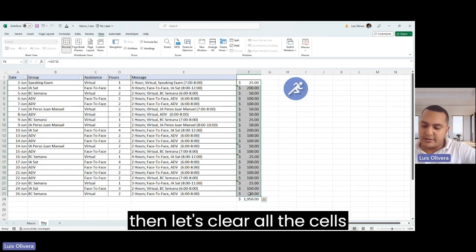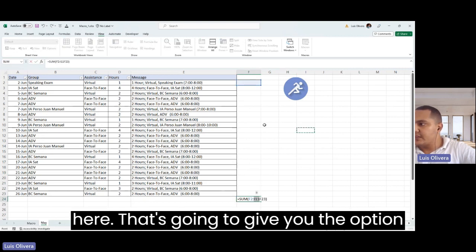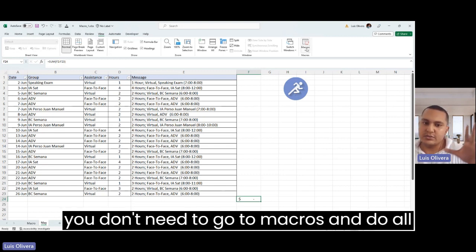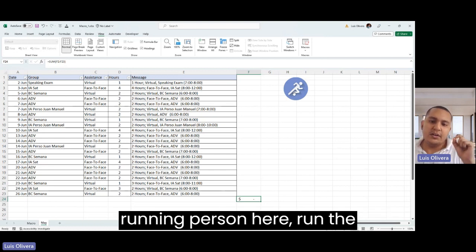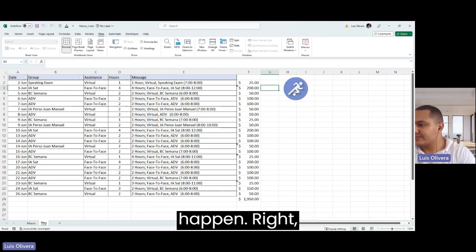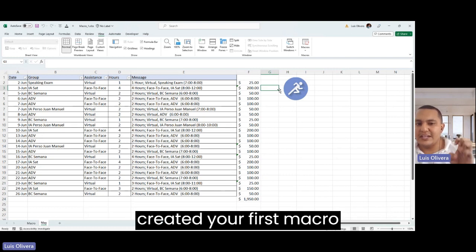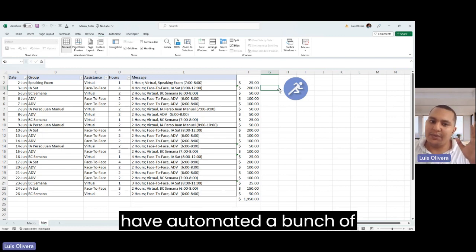Then let's clear all the cells again. So the total is 0 here. That's going to give you the option just to click here. Now you don't need to go to macros and do all those steps. You just need to click this running person here, run the program, and see the magic happen. Right, congratulations. Right now you have created your first macro in Excel,